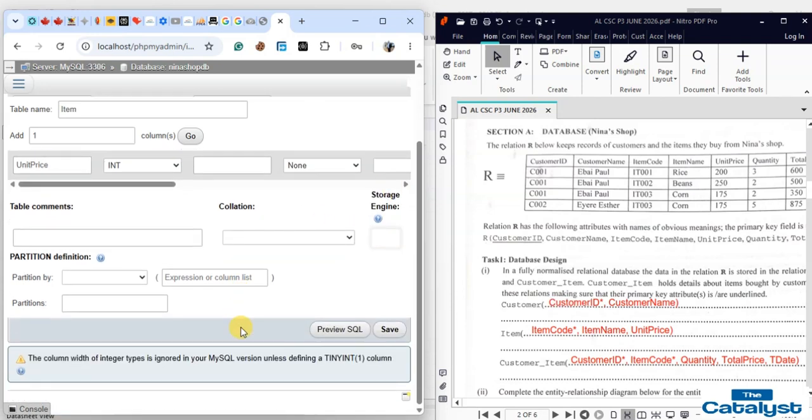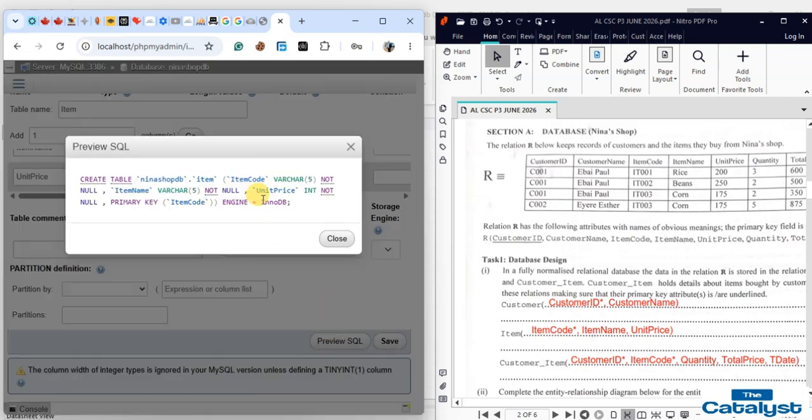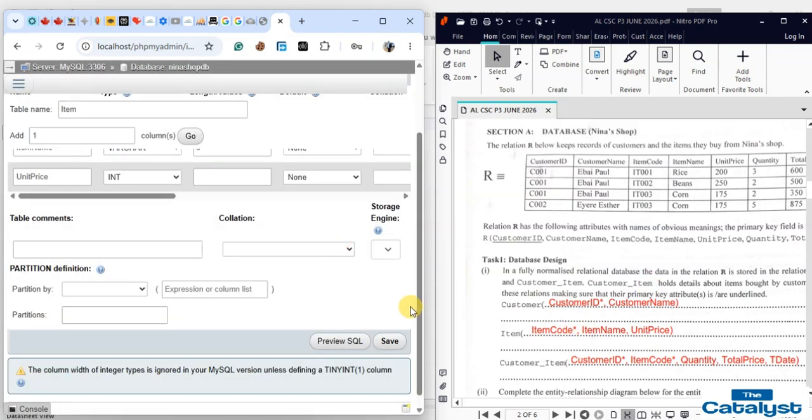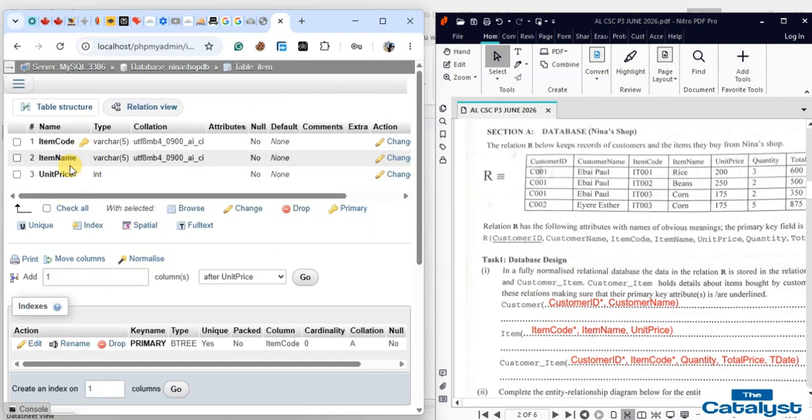Like I said earlier, if you want to preview the SQL command, you just click on this and you see it here. You can copy it down to your answer booklet. But from these questions, they are not asking us for the SQL command for these two tables. Okay, so let's just click on save. It will be created. The table has been created, and we can see here the primary key on item code, and the other attributes are intact and okay. Okay, so we can move to the last